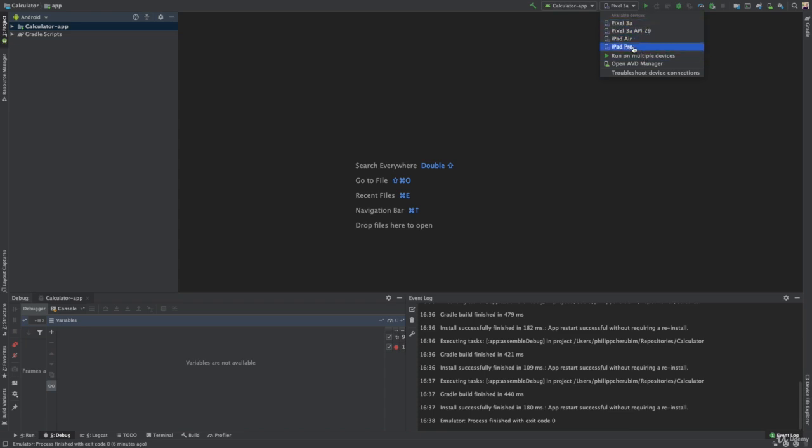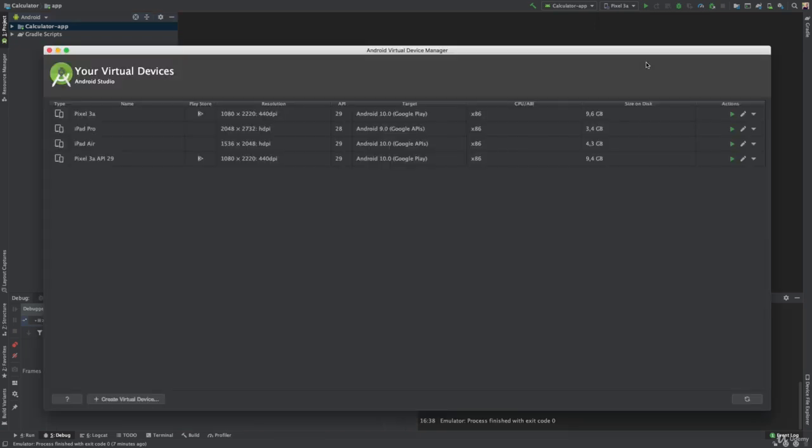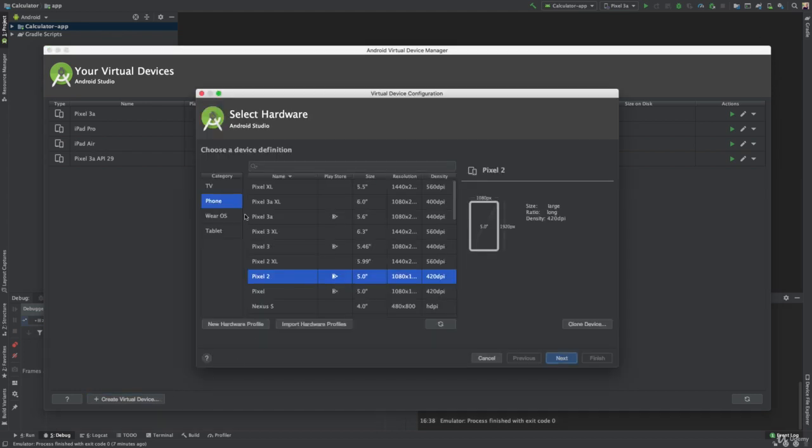So you shouldn't have any emulators in your list right now. I already have some. This is actually not an iPad. It's just an Android tablet with the screen resolution and the density of an iPad. That's why I call it iPad Air and iPad Pro. You can't create Apple emulators on Android Studio, of course. So what you need to do is open AVD Manager, click on Create New Virtual Device,